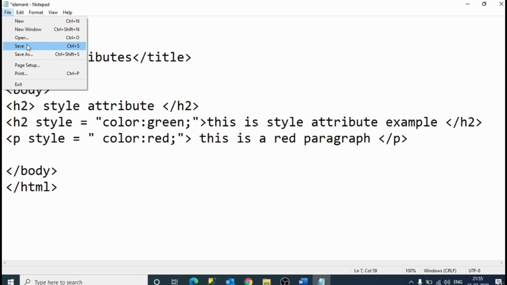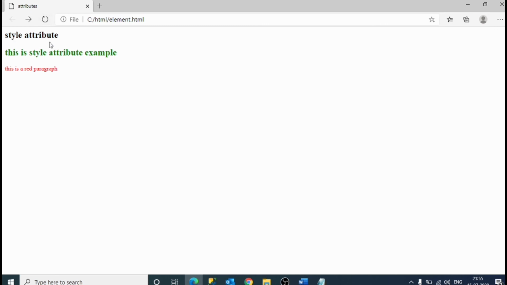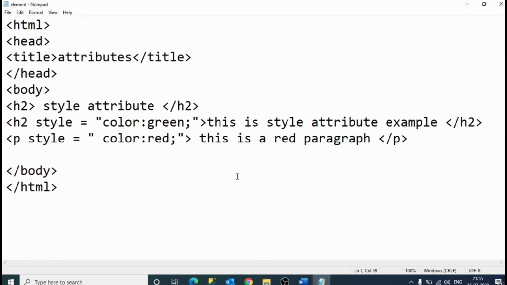I'll just save it and refresh. See, style attribute. This is style attribute example. This is a red paragraph. This is called the style attribute.